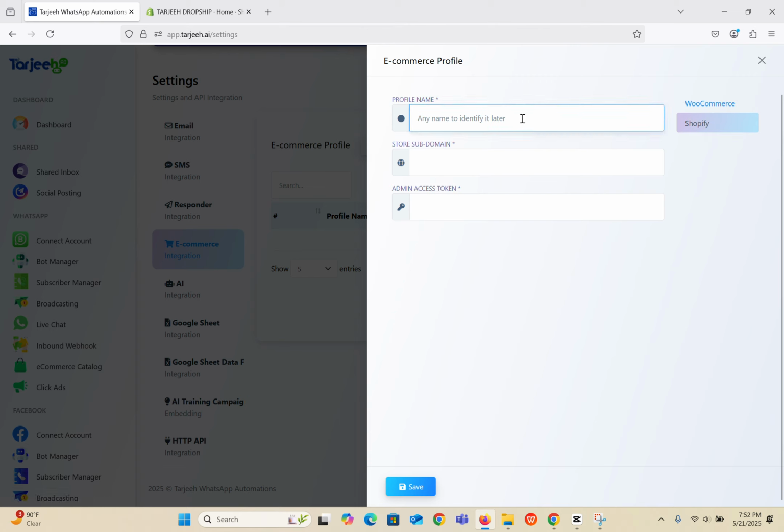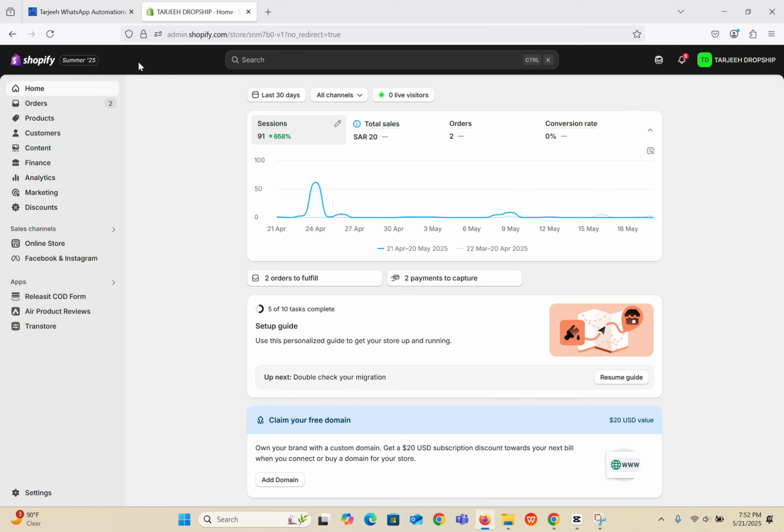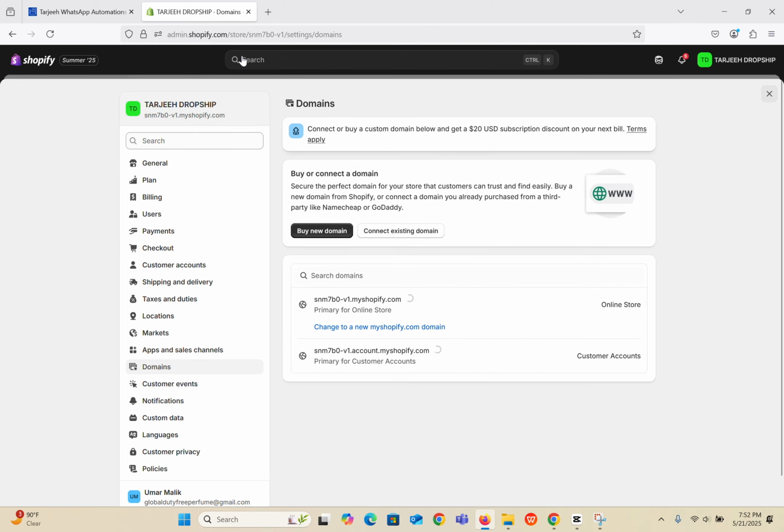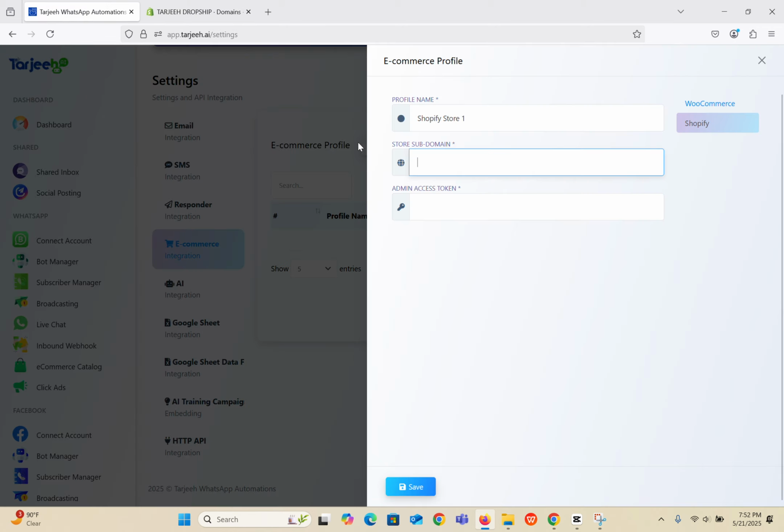Then just give a profile name of your store. Here you have to enter the subdomain of your Shopify that you can find in the Shopify settings, in domains. This is your Shopify subdomain. Just copy your Shopify domain here, and here you have to give the admin access token that you can create in